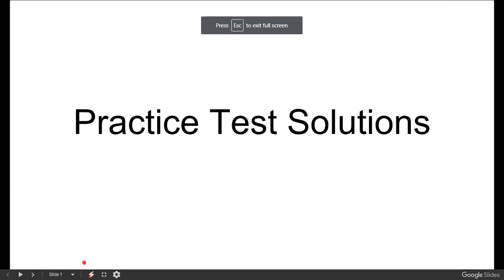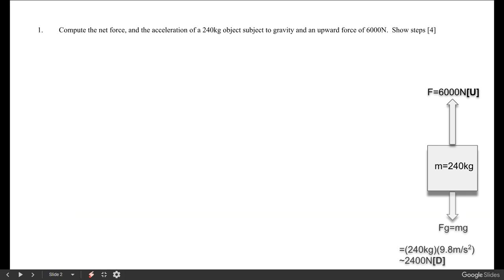Here are the solutions to the practice test. The first one was to compute the net force and the acceleration of a 240 kilogram object subjected to an upwards force of 6,000 newtons. So we have an upwards force of 6,000 newtons and a downward force of 2,400 newtons by using the force